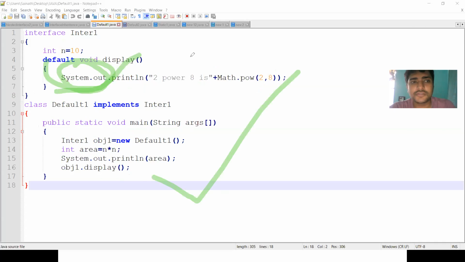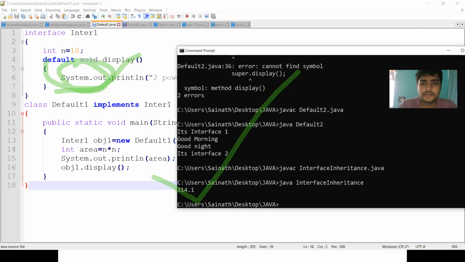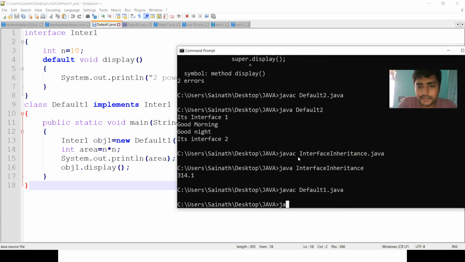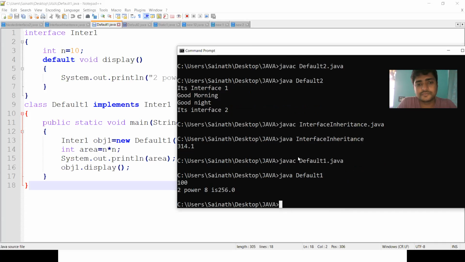So let us check the output of this one. javac default1.java, then java default1.